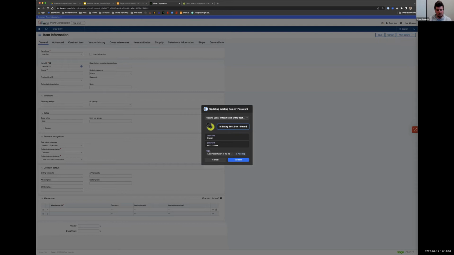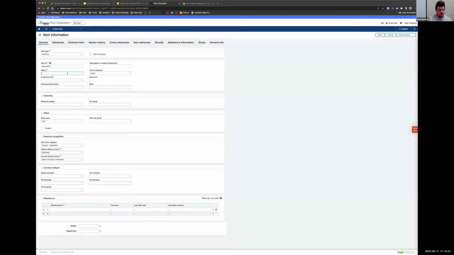Whoops, no, don't save that one, password. That's not what I want to do. All right, so we'll call this catcher's mitt. I honestly don't know what a catcher's mitt goes for. Let's just say it's like 5732. Good enough for me. I'm going to copy this ID and I'm going to come over here to the Shopify